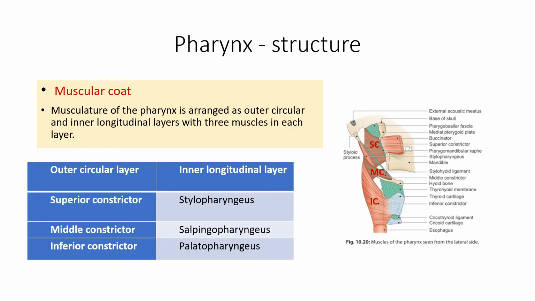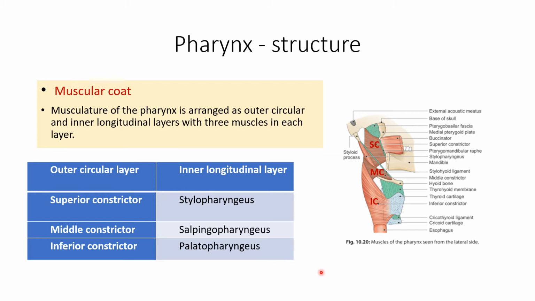Coming to the muscular coat. The muscular coat of pharynx is arranged as outer circular and inner longitudinal layers with 3 muscles in each of these layers. The outer circular layer consists of the superior constrictor, middle constrictor and inferior constrictor muscles, which you are seeing in this picture. And the inner longitudinal layer consists of the